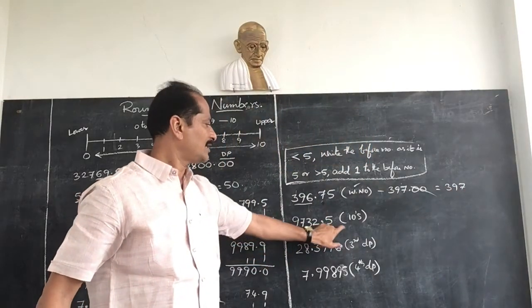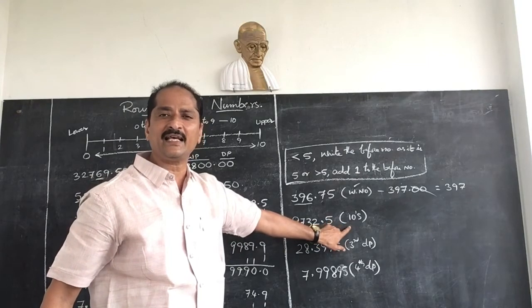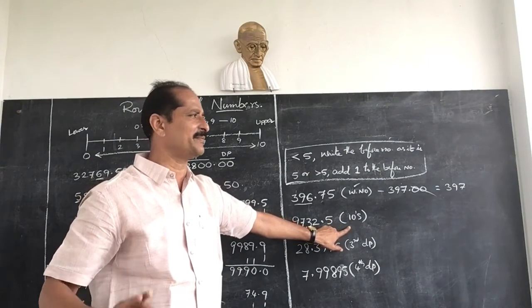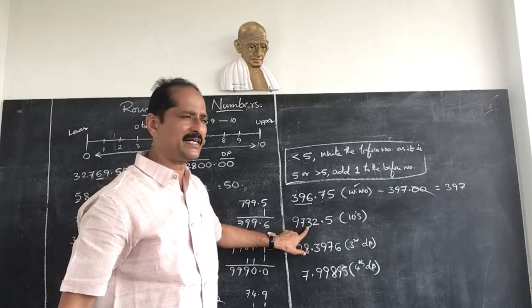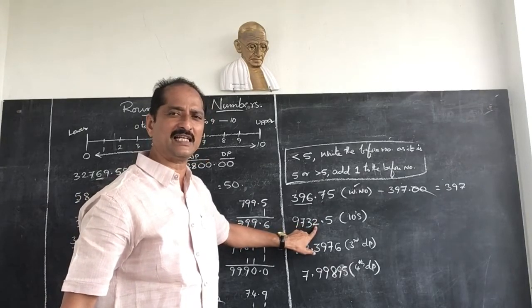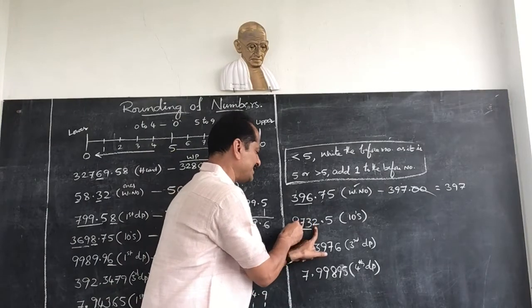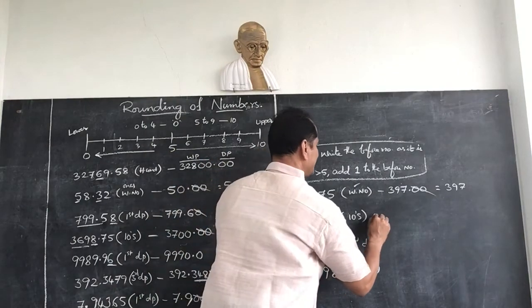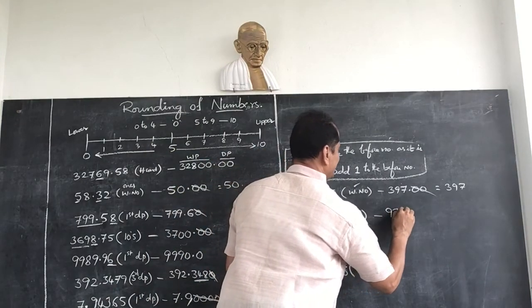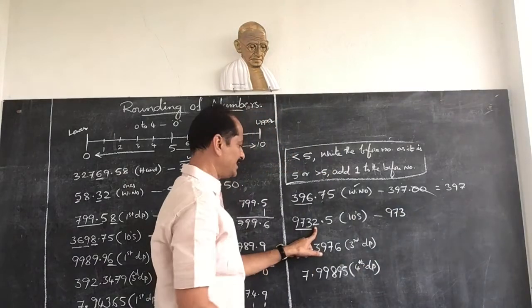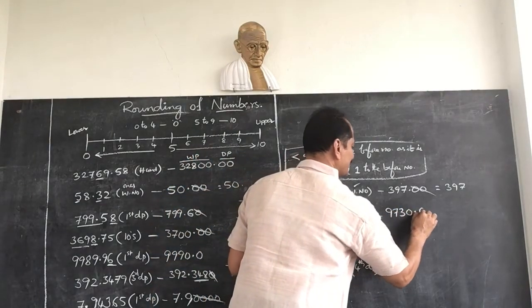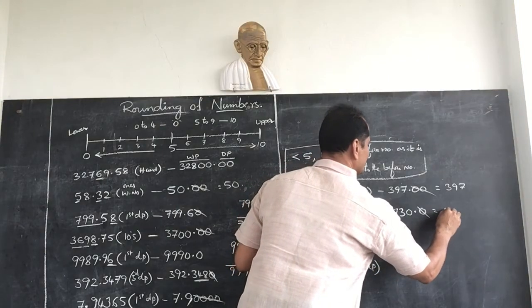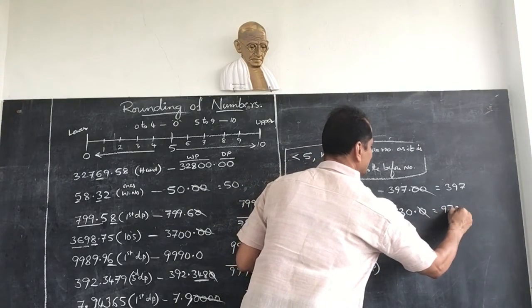Now round off this number to the nearest tens place. Tens means not a decimal place, it is tens. Ones, tens. Tens place, next lower than tens place, ones place, digit in ones place, 2. 2 is less than 5. So write the before number as it is, 973. And put zeros. How many zeros? 1, 2. One zero before the decimal point, and one zero after the point. But this zero has no value, so the answer becomes 9730.